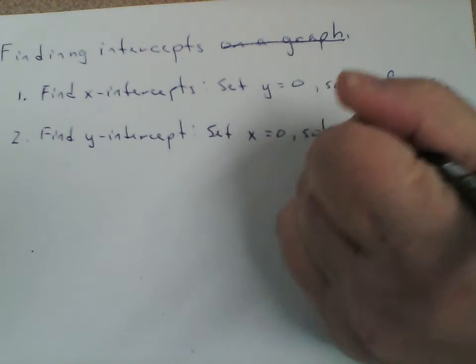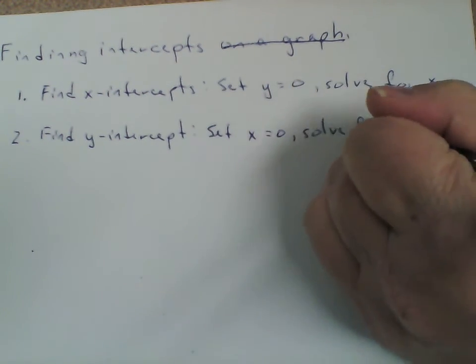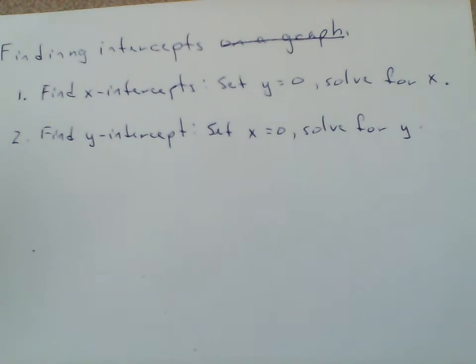And again, the reason for that is if x is 0, our point is going to be on the y-axis, right? And that's what we're looking for, is points on the y-axis. If we're going to set y equal to 0, then our x values are going to lie right on the x-axis. And that's what we're looking for with the x-intercepts, is points on the x-axis. So